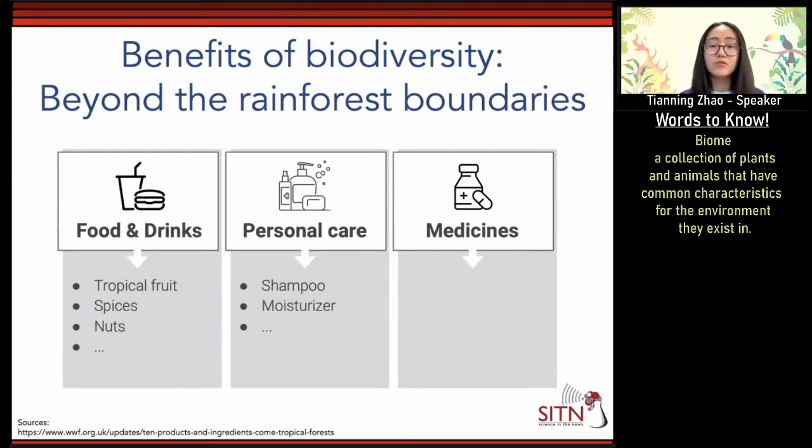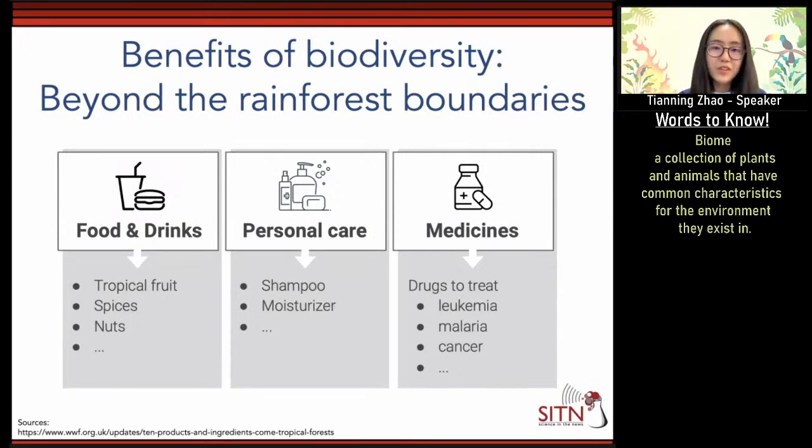So the rainforest, the tropical rainforest in particular, doesn't only provide tasty food and the coffee, tea, and drinks, and make us smell good, but also it could save lives. Nowadays, more than 25% of the drugs used by modern medicine are extracted from plant compounds. And in the Amazon region, drugs or effective compounds of the drugs have been found to treat leukemia, malaria, and cancer, and many other diseases. So it's really beneficial to every single one of us.